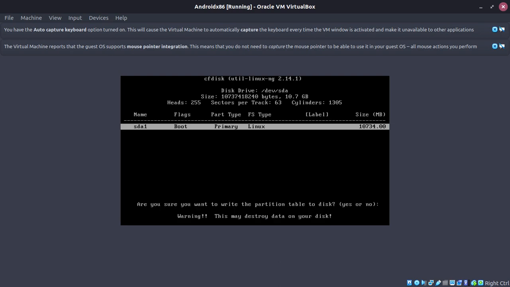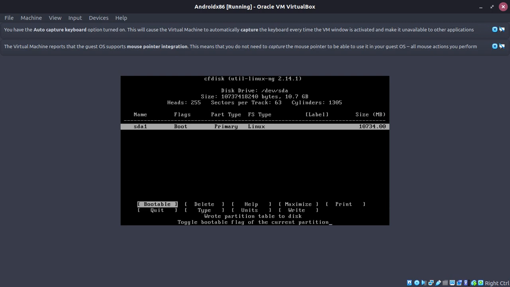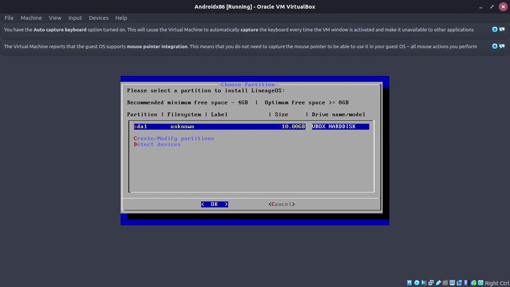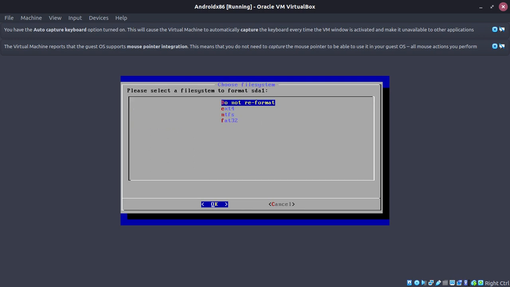This is the write confirmation. Yes, I'm typing yes and pressing enter. It's gonna write the partition table to the disk. Okay, so it's done. Then press tab again, press quit, and there we have it. We have our drive, which doesn't have a file system yet. So we're gonna press OK, then select ext4,